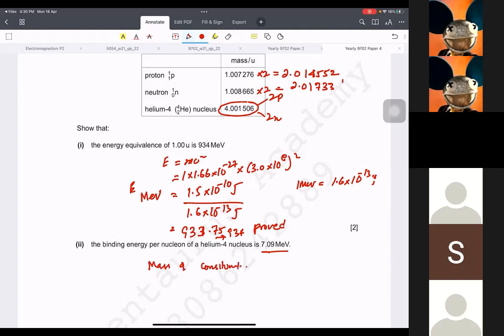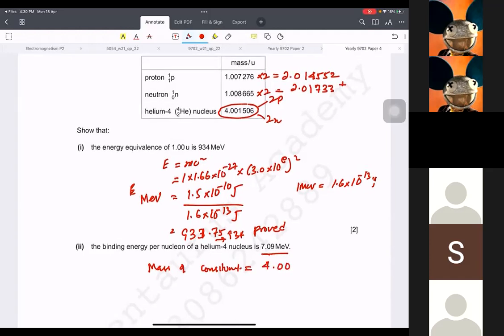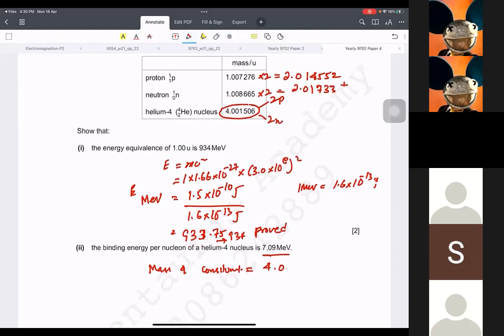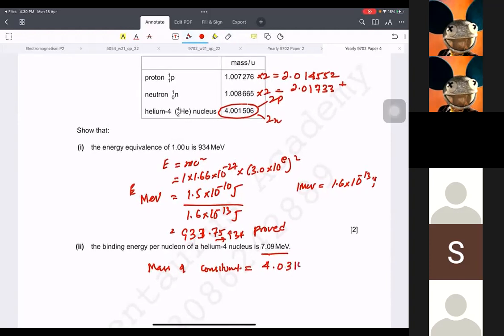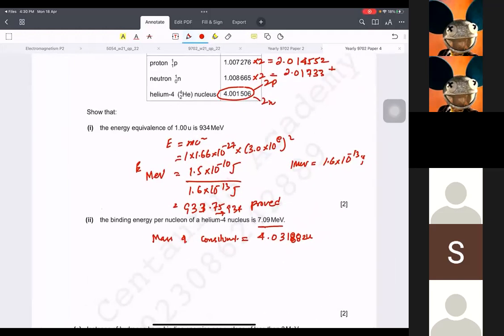You add them. What is the answer then? 4.0318. 4.03188. Okay, 3182. Okay. So if something goes wrong, blame Lisa, please. And now the mass defect is going to be for constituents minus